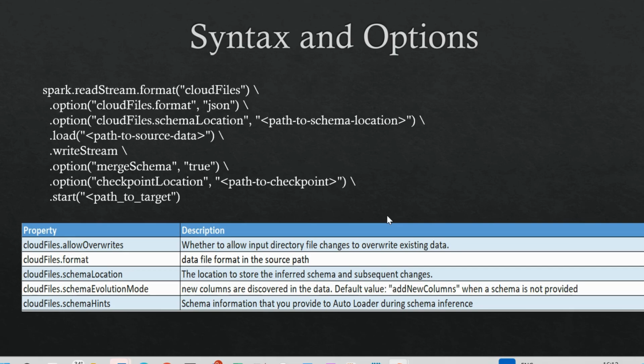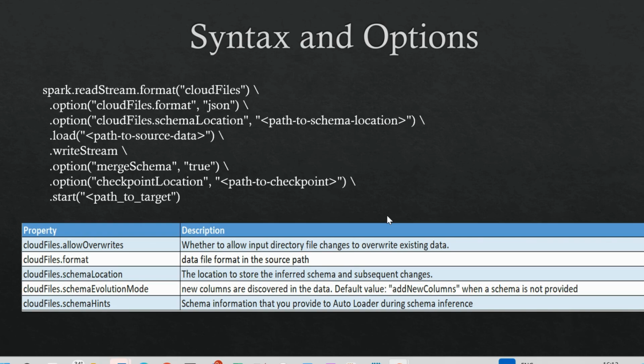Once the file has been read, we are actually writing the data into the stream using different options again, like merge schema, because it supports schema evolution. So you can merge the schema, you can provide the checkpoint location where you want to save your checkpoint, and where exactly you want to write the data of your write stream.